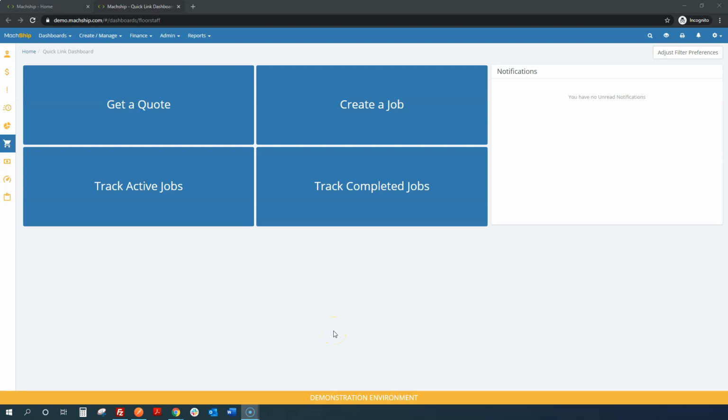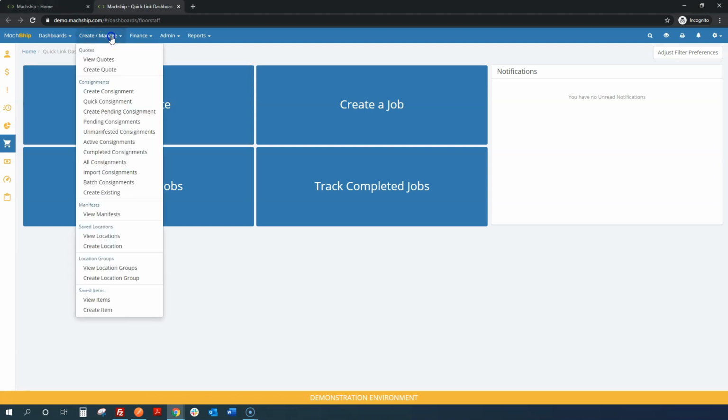In this video, we will discuss how you can generate a freight quote in Machship. If you are a warehouse or dispatch user for Machship, when you log into the system, you will see this screen. You can navigate through to create a quote simply by selecting this Get a Quote option. If you don't see this screen, you can also navigate through to create a quote via hitting Create Manage and